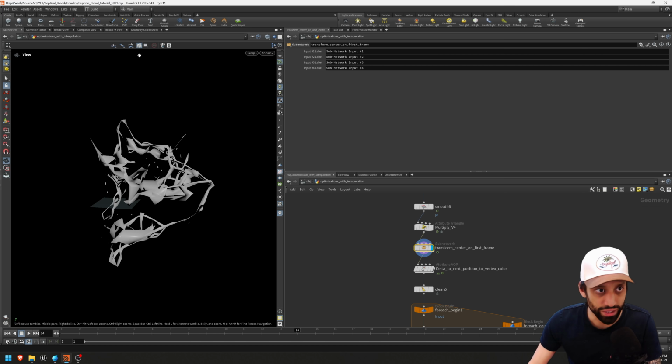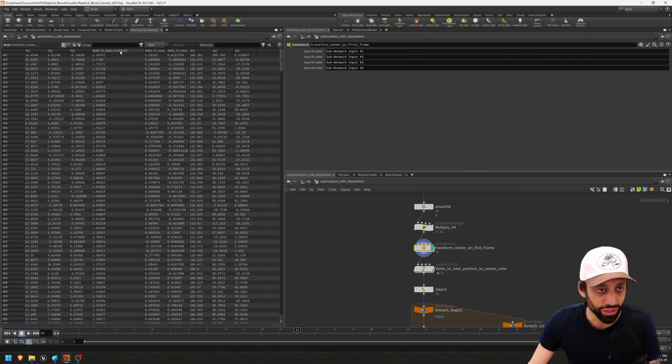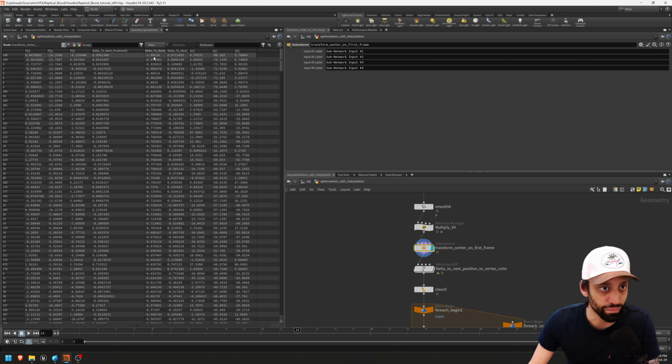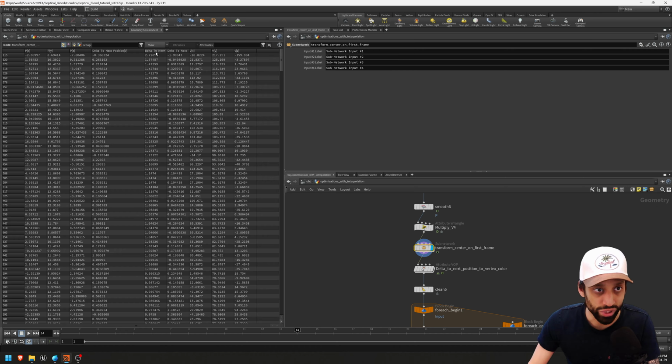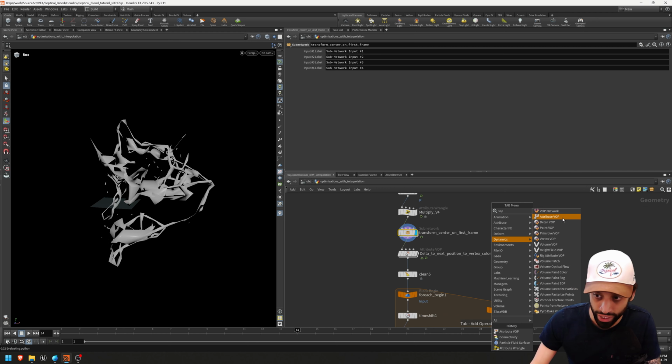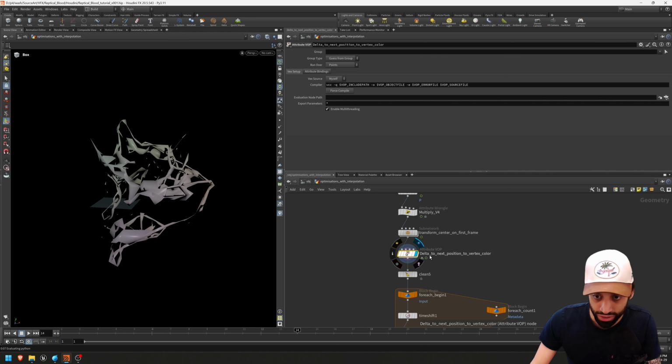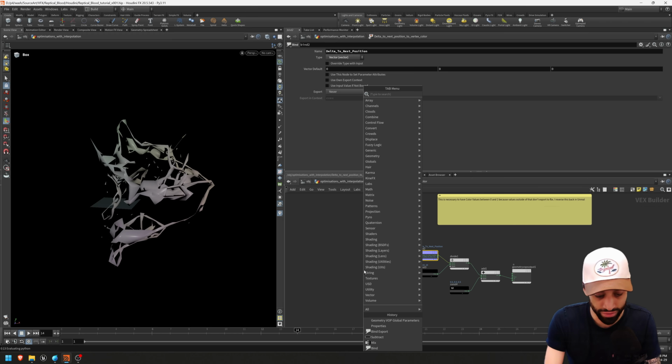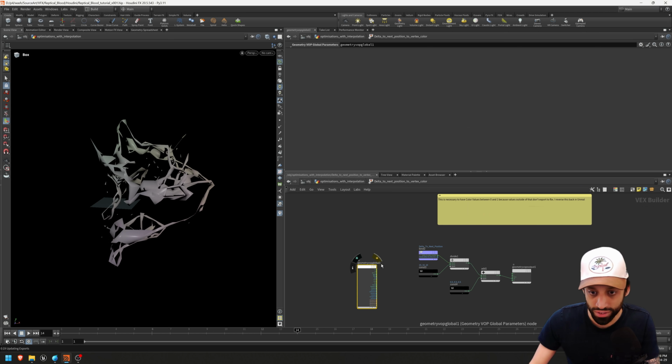Next, we want to take the delta to next position and write it into the color attribute of the vertex. As you can see, I have some values sometimes that go below 0 and over 1, which is not supported on the vertex color in Unreal. So I need to take all my values and make them fit between 0 and 1. It's pretty easy to do this. You can do another attribute VOP like this. I called it delta to next position to vertex color, and by default you're gonna have one of those global nodes on the left. You can delete it,